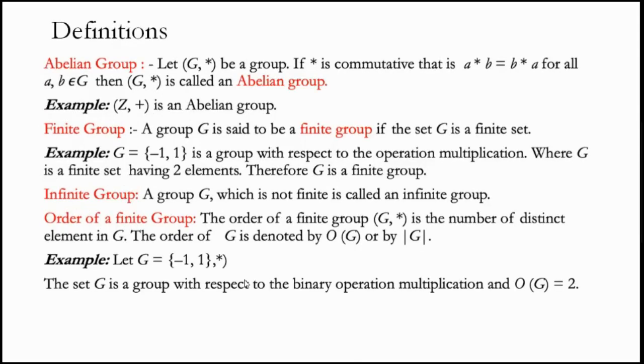Next, we will see the abelian group. So far we have seen these properties: the commutative property, associative property, distributive property, and next the inverse and identity. These are the properties we have seen. So for the abelian group, you can also make note of this. An abelian group is a group with an additional property called commutative.